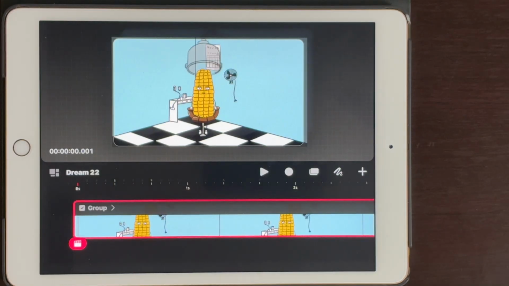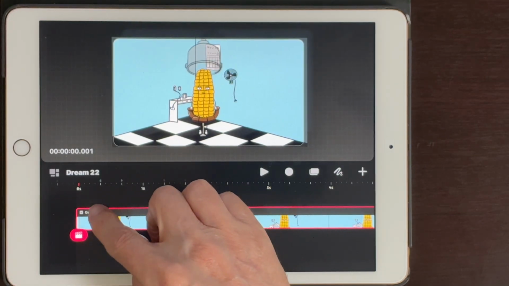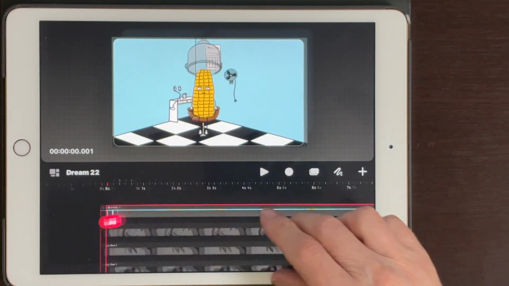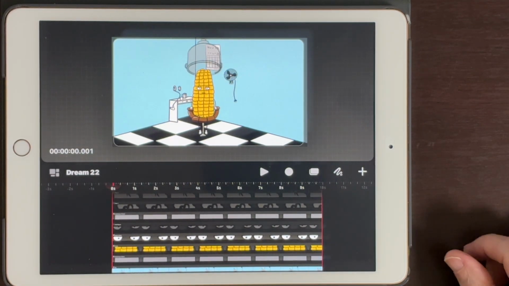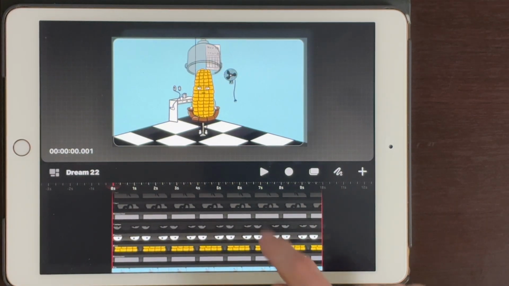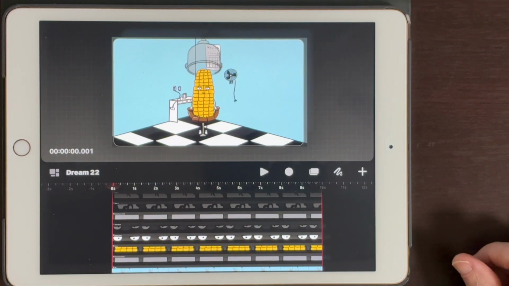It's created a group now. Alright, and if we click on that little arrow beside the word group, now we have all of our layers that we had over in Procreate in Procreate Dreams. And then we'll be able to manipulate each layer to animate it to make it do what we want it to do. So the first thing I'm going to do is have that hair dryer thing come down